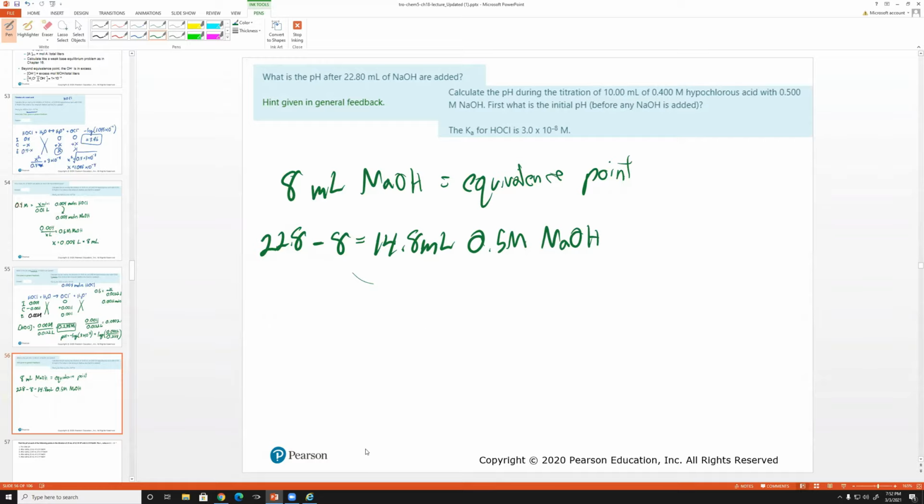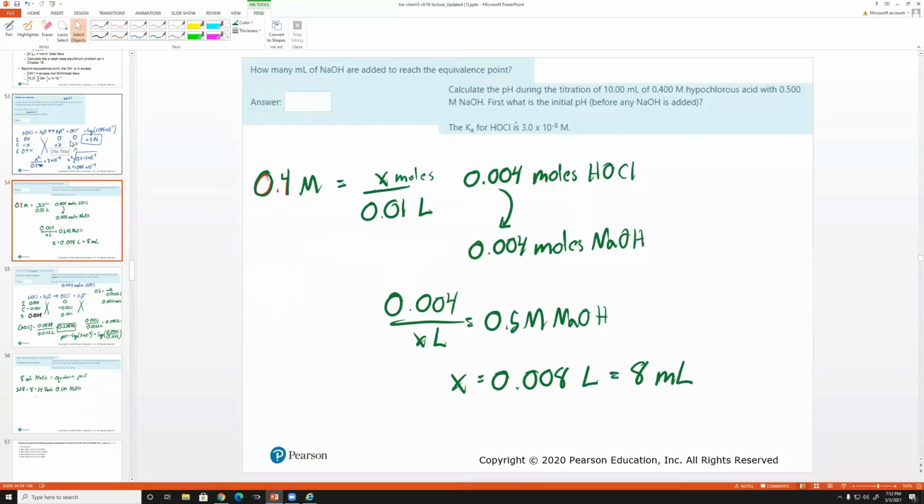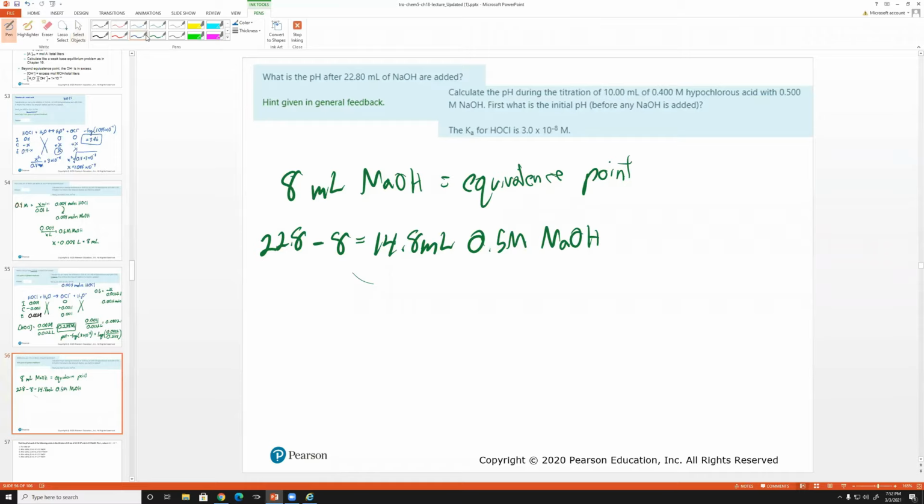How do we know it's the equivalence point? Because we know that we have 0.04 moles of the acid. In order to have equivalence point, where they're both equal, the added base to that acid have to be equal. So we calculated how many milliliters of our base is required to get the same amount as there is for acid. Okay, so now we know the excess will be